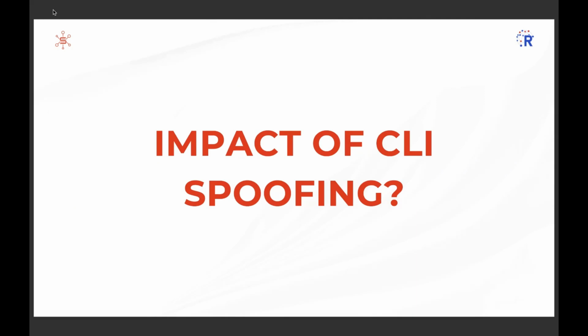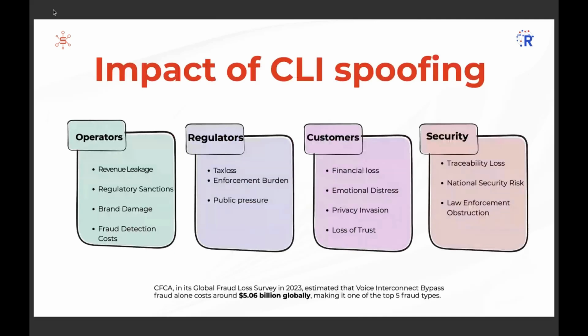CLI spoofing is not just a technical annoyance or a clever trick. It's a multi-billion-dollar problem that affects nearly every part of the telecommunication ecosystem. So let's break down who is impacted by this and how. First, telecom operators. For them, the biggest issue is revenue leakage. When fraudsters manipulate call routing, operators lose out on international termination fees. That's money gone. And on top of that there are regulatory penalties, reputational damage, and rising fraud detection costs just